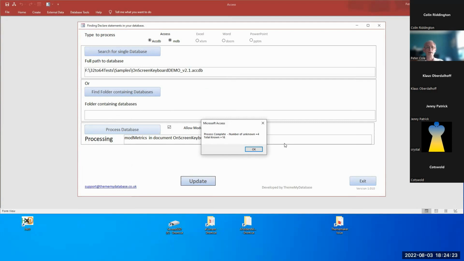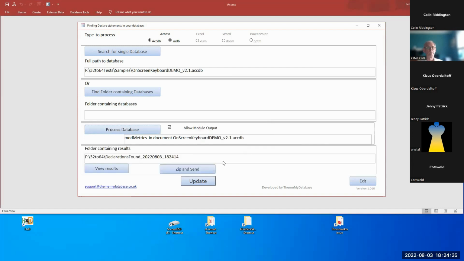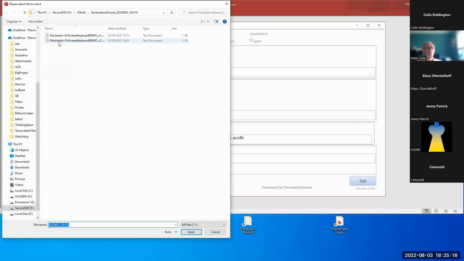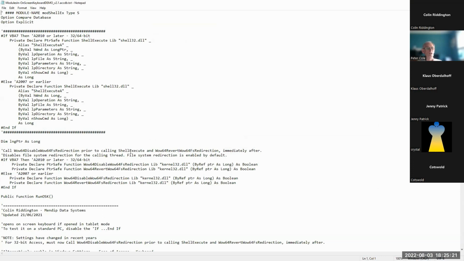And we now in here have 4 unknown declarations and 16 known ones. So we're going to say OK to that. Now, it's made some text files of the declarations. So if we view our results, the modules in which those were declared, or the module in this case,